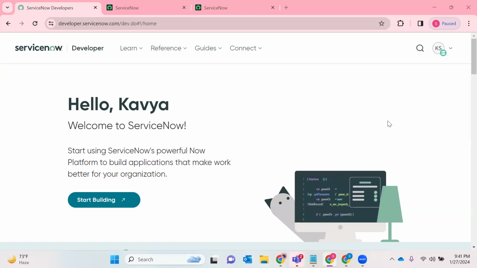SaaS is nothing but software as a service, PaaS is platform as a service. So what is SaaS, what is PaaS, what is a life cycle? And ServiceNow works on the ITIL v4 framework, nothing but a version 4 framework. And what is ITIL? ITIL stands for Information Technology Service Manage, sorry, Information Technology